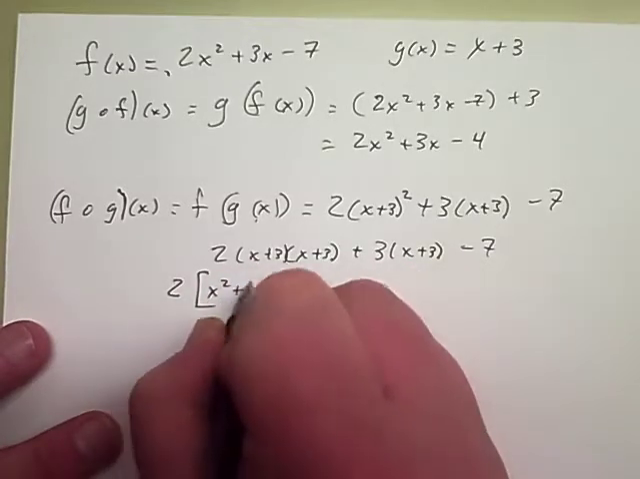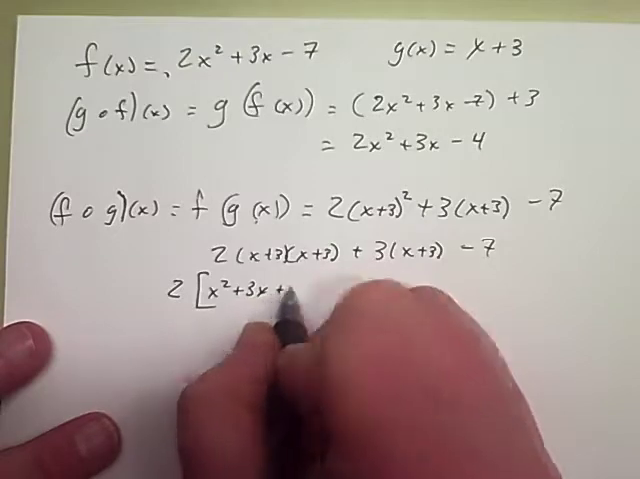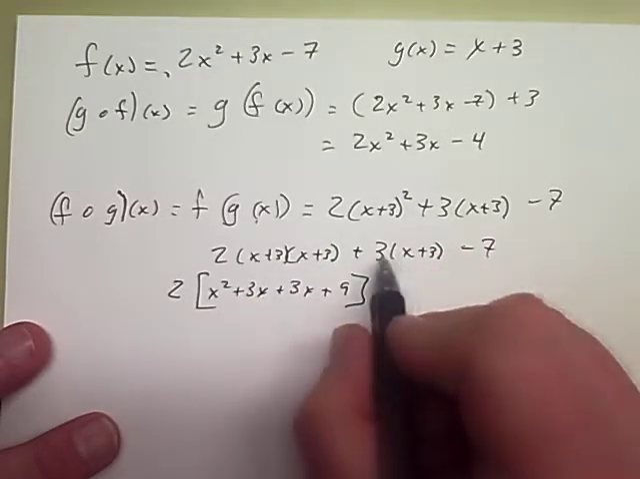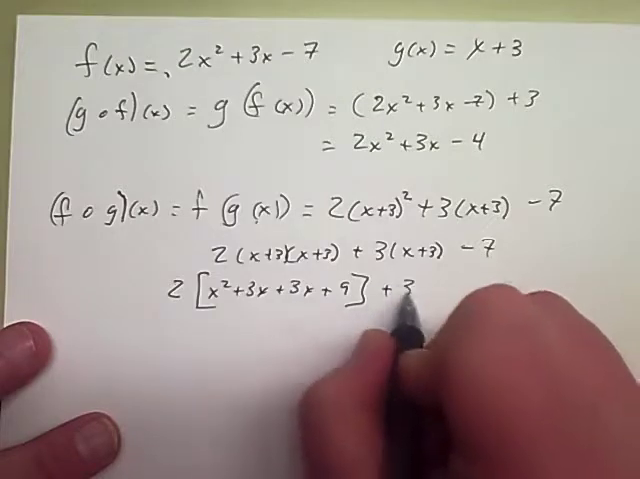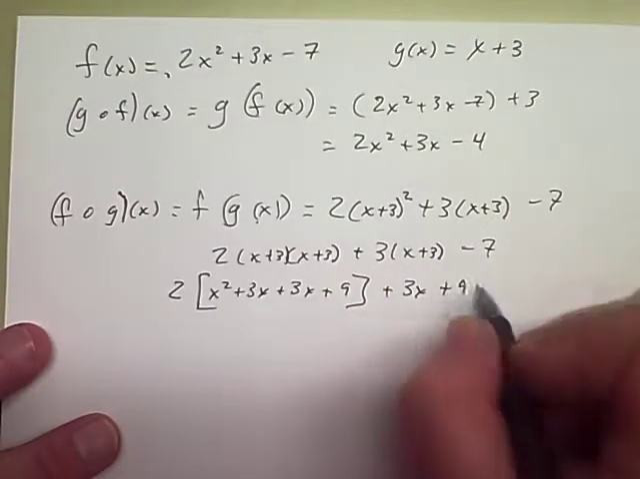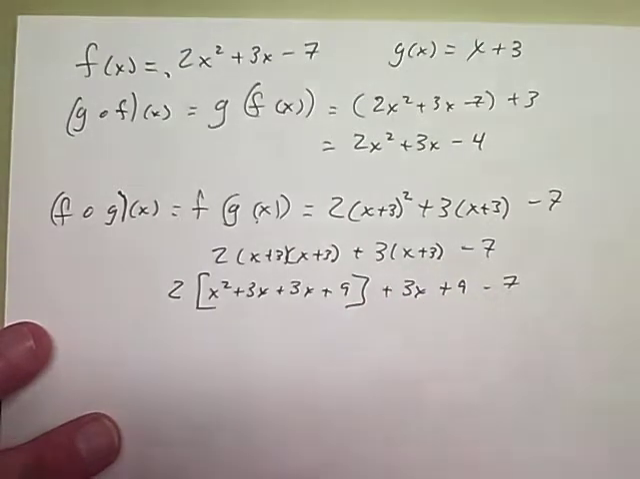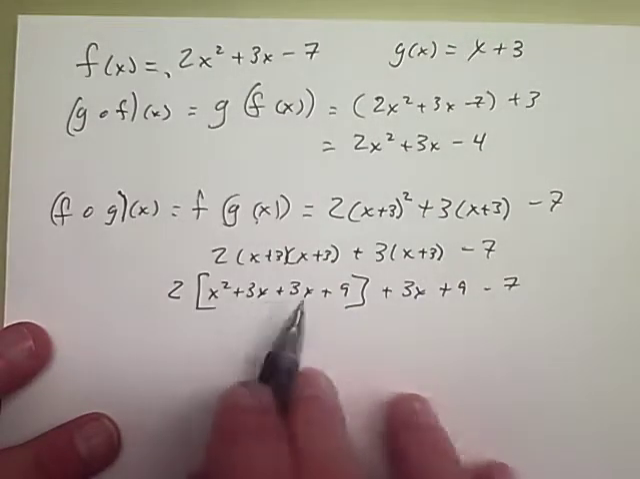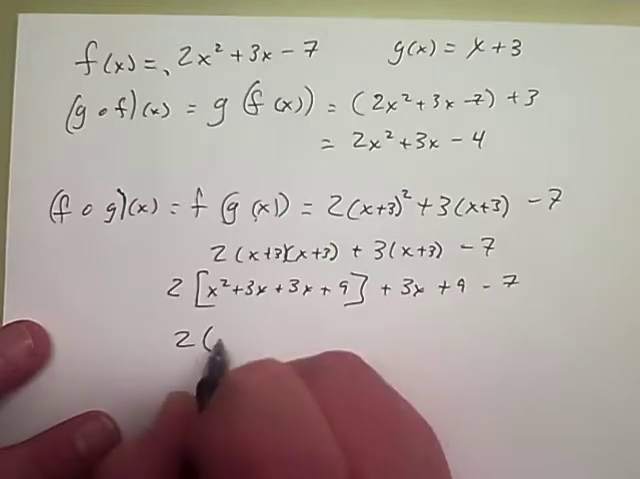X times 3 is a positive 3x. 3 times x is a positive 3x. 3 times 3 is 9. Then I'm going to distribute. So 3x plus 9 and minus 7. Now I'm going to combine my like terms. So I get 2 times